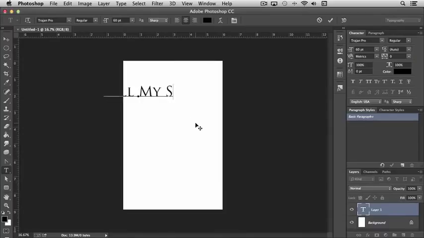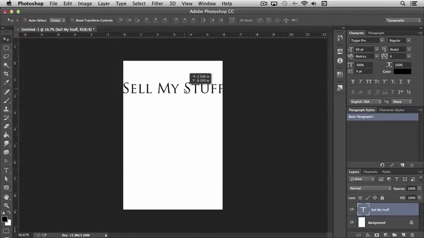sell my stuff. Now you'll notice that the text is going to the left, and that's because I have the alignment set to center right now. You can see where it says center. If I choose left align, then where I started typing is where the type will anchor. The same is true for right aligning text. Okay, so if I want to change the position, I can just choose the move tool and move it to